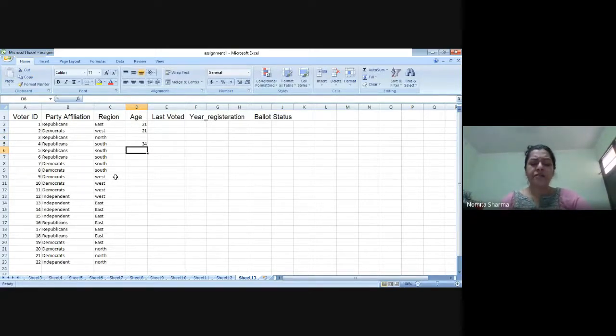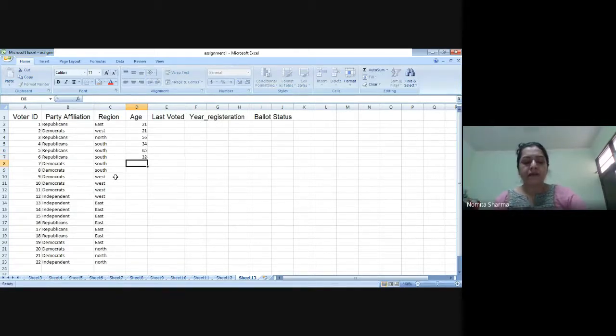It can't be 0. Just keep a check on your own, because these checks will not be given to you in the exam. So we have to be very careful about the checks that we are putting in our mind with respect to the data entry. So let me just write. And even if I put any wrong number, it can be checked through the filtering option also. But just in case, did I put any wrong data, that thing can be checked. Right? Similarly, we have 33, 47, and so on.